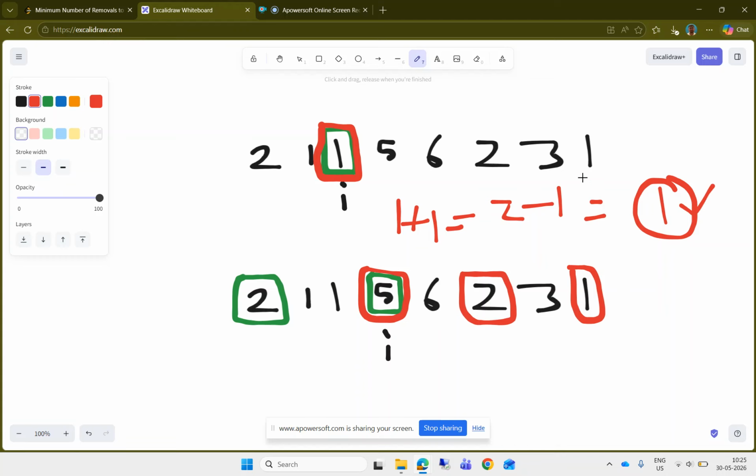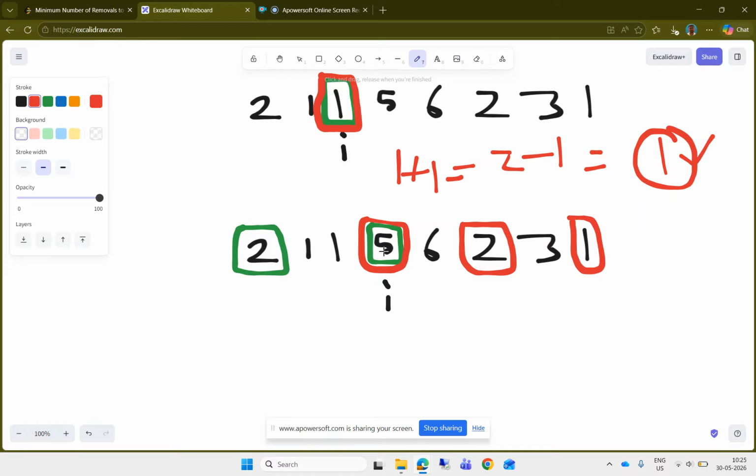So here we are only subtracting one element, so this is definitely not the optimal solution. If the I is placed at 5, then the green boxes comprise the longest increasing subsequence ending at 5. And the red boxes comprise the longest decreasing subsequence starting from 5, right? So again, if you add them up, it will be 2 plus 3 minus 1,